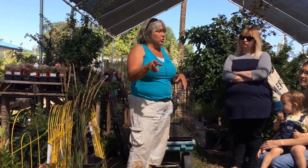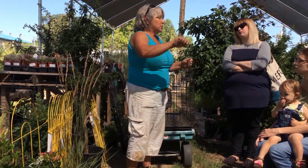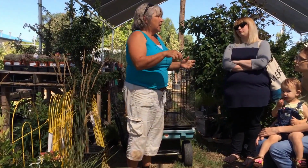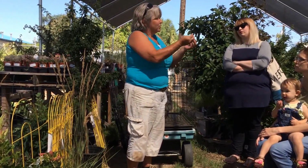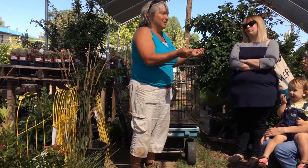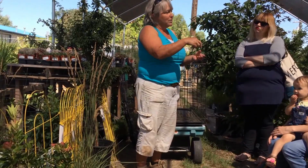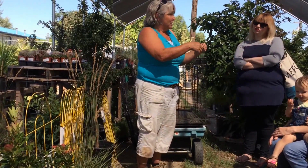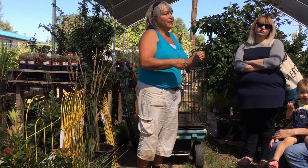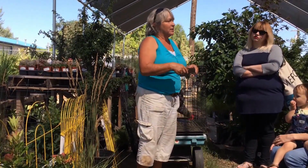For my girls personally, I have an open water bowl. So I just top it off every day. I put a couple of big rocks in there so they're sticking out the top. And that way the bees will use it as well. So all your beneficial insects, you put some rocks in your waterers so they don't get stuck and drowned. Oh, okay. Yeah. I keep finding them all drowned. Right. So just stick a couple of big rocks in there that'll stick out the top of that,